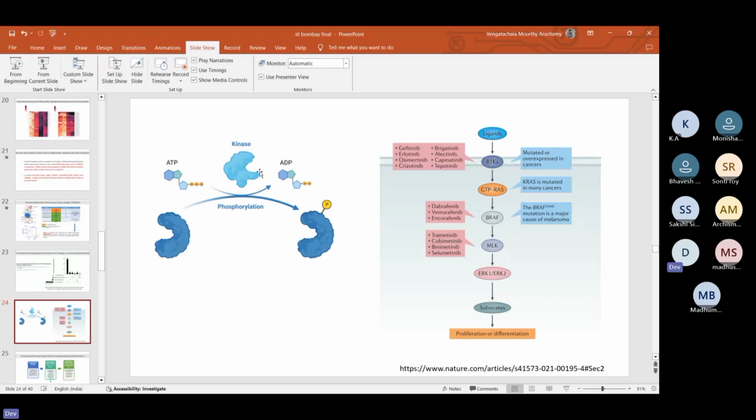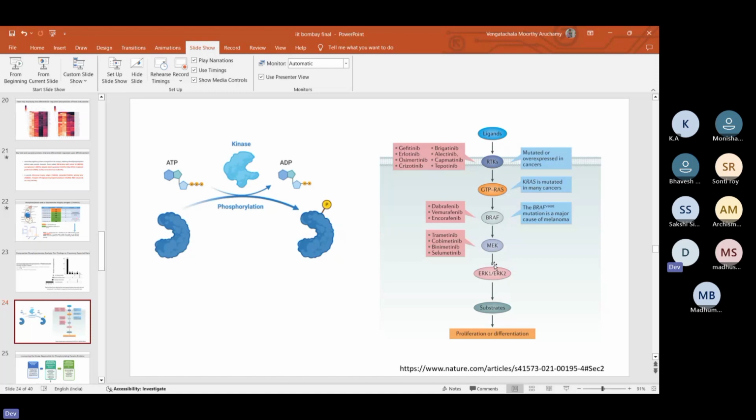And in the case of cancer, the role of kinases or targeted therapy has been very vast in nature. Last year alone, FDA approved around 43 kinase-targeting small molecules for clinical trials. This is one example I have taken where people have tried to target the MAPK pathway, and these are different kinases that are FDA approved or on the market right now to inhibit different processes or different kinases